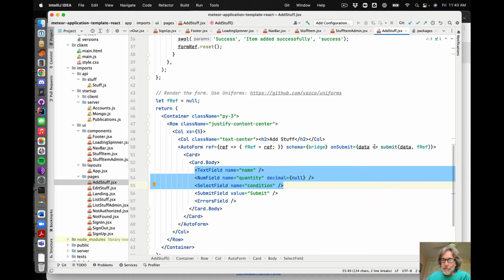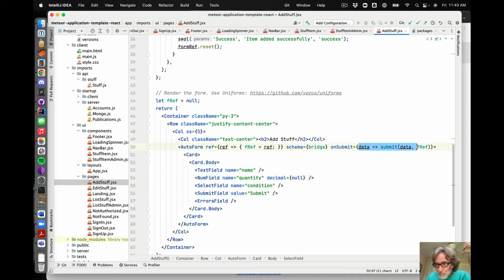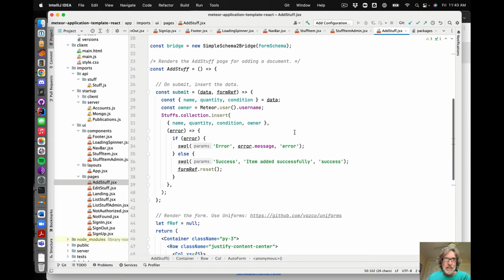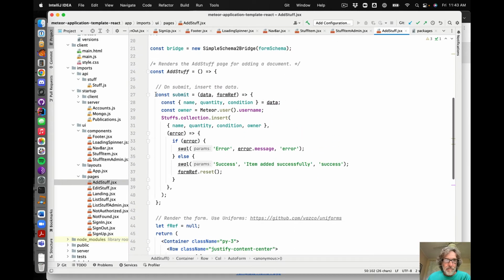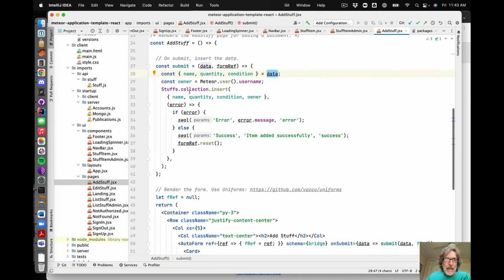its parameter, or we're actually just building a function right in here, I should say, which has one argument, takes the object, and calls this submit. I'll get to this form ref in a second, and its first argument is the data. Then we use this destructuring assignment to get the various fields out of that data object. We find out the owner, and we call the Mongo insert method on the stuffs collection